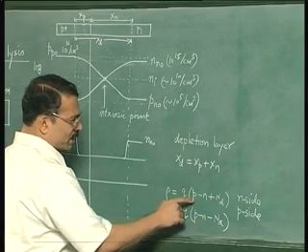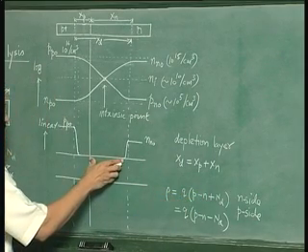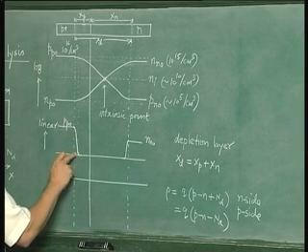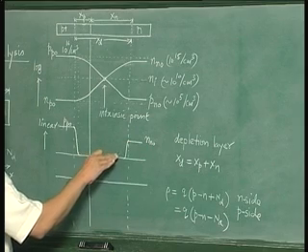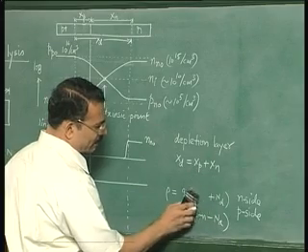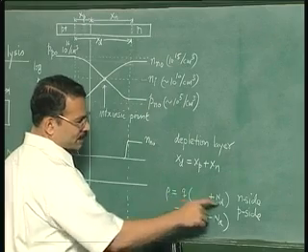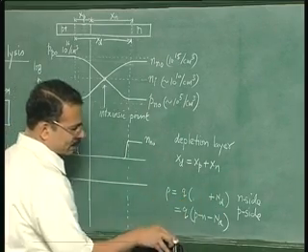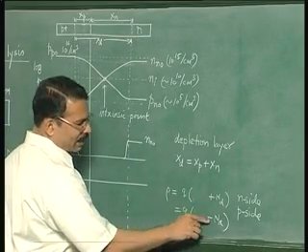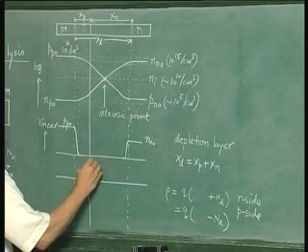Now in a depletion region, p and n are almost negligible, 0 in this region. There is a rapid fall in n, rapid fall in p. You cannot show n here because they are minority carriers, they are very small in number. So in your space charge equation, p and n we can neglect. So on the n side, this means that you have a positive charge of q times Nd, and on the p side similarly, in the depletion region you will have a negative charge, q times minus Na. So if you show the space charge here,